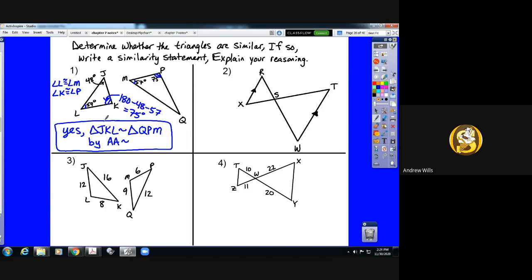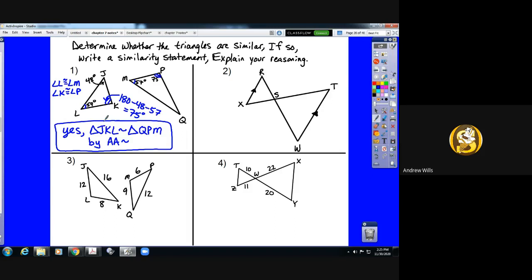And we're done. The next problem should be even easier than that. On number 2, we do not know any side lengths, which means it's either angle-angle or we cannot do anything. So we have to ask ourselves, do we have any legitimate reasons why any set of angles in that picture are congruent? And hopefully, we would all recognize that we actually have enough information to state that all three sets